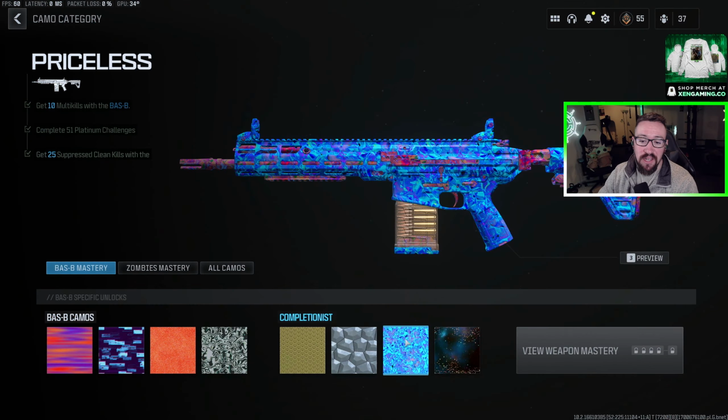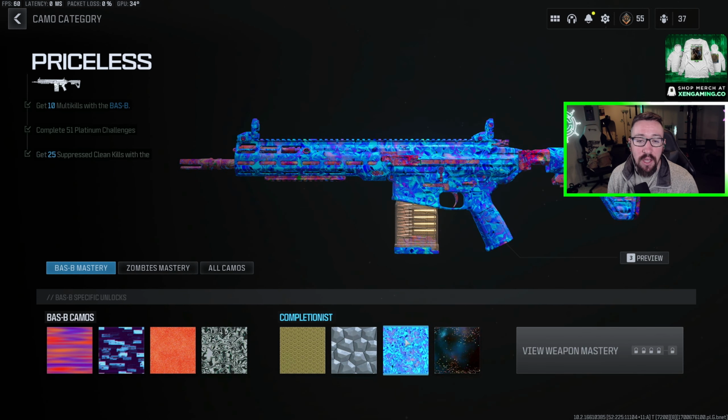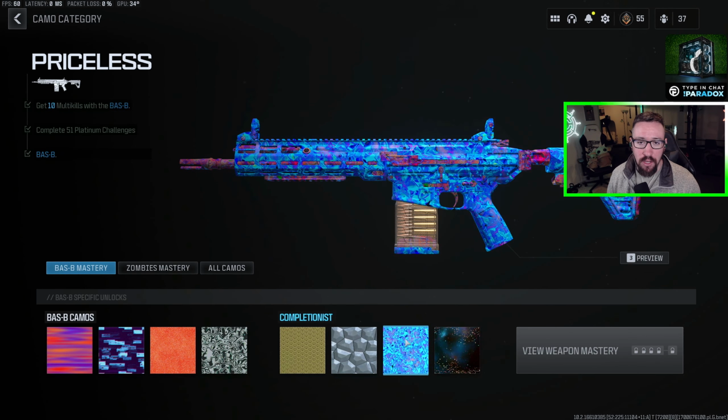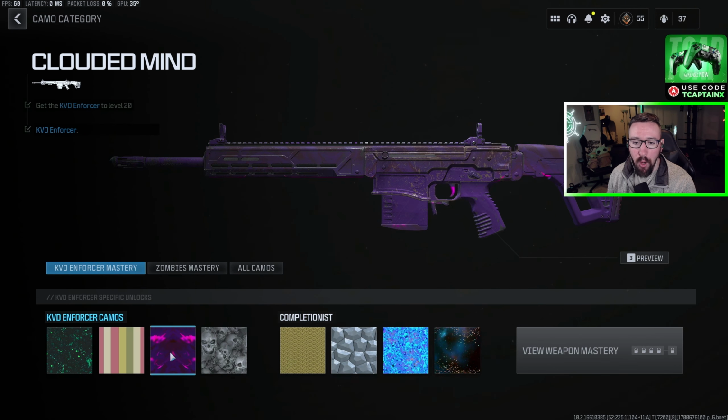For challenges that say suppressed clean kills, suppressed obviously means using a suppressor. A clean kill just means getting a kill without taking damage from the enemy. You can definitely do this in core, but it's even easier to do in hardcore if you want to switch over for that. One thing to note for marksman rifles is the third challenge for all of them is get